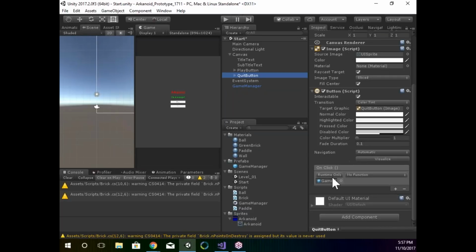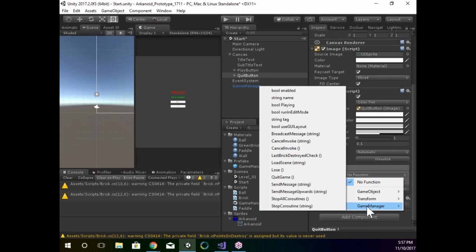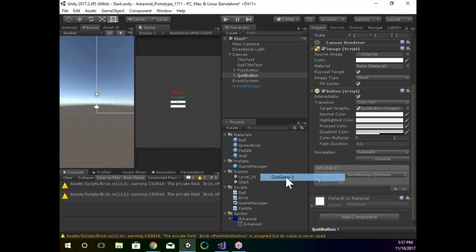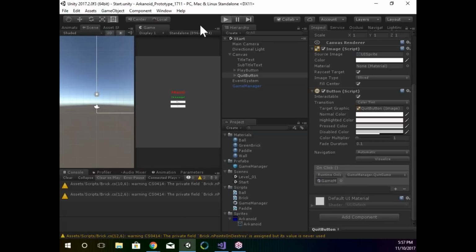So if I click on the object, it'll show me which one I'm actually talking to. Right? It'll highlight it for a split second. Okay, so we'll go to this functions dropdown, go down to Game Manager, and pick Quit Game. Okay? So now, if I save this scene and start playing,